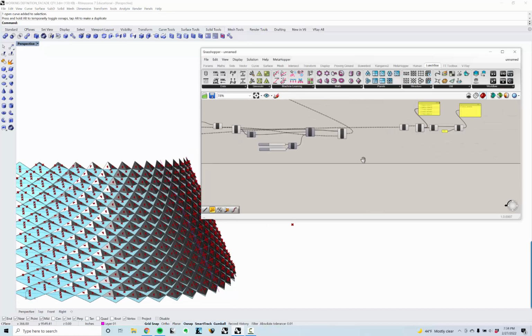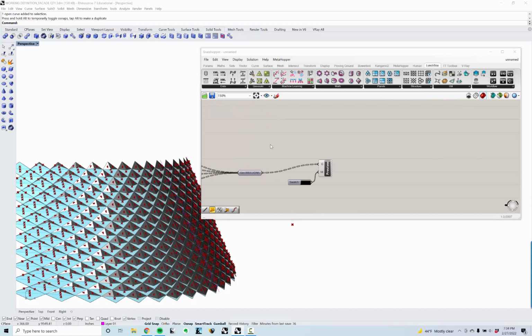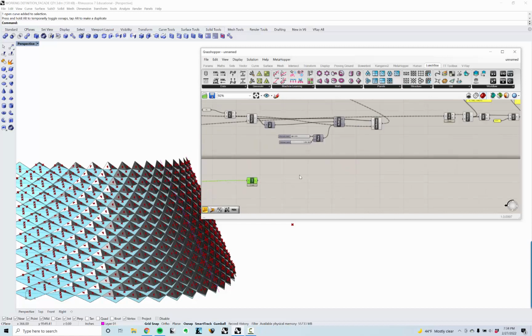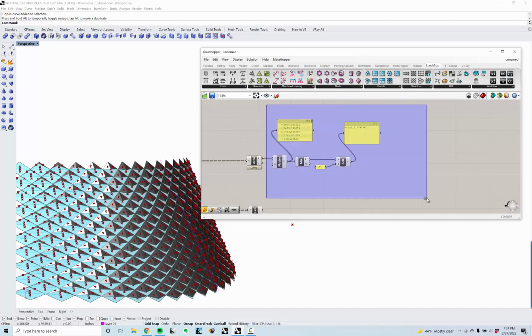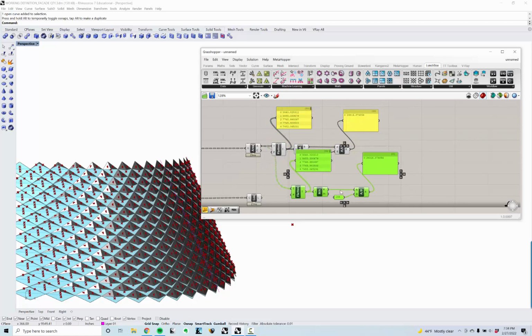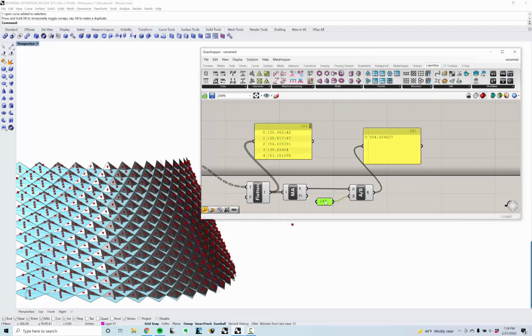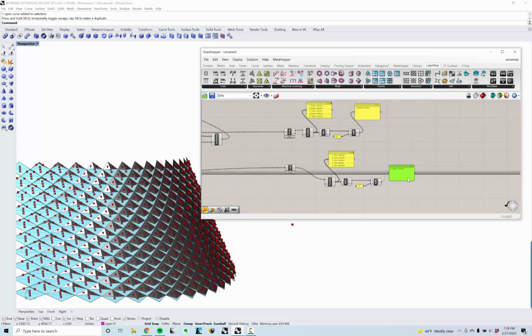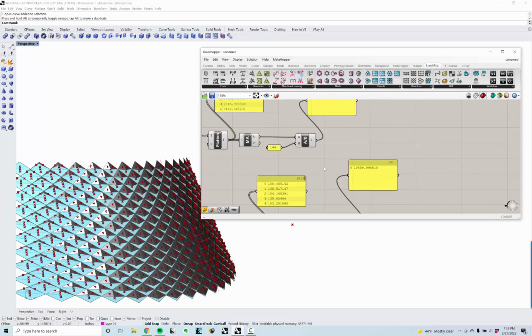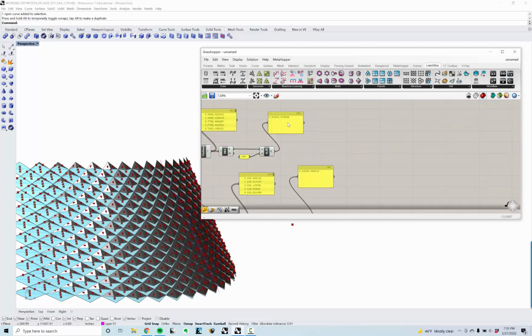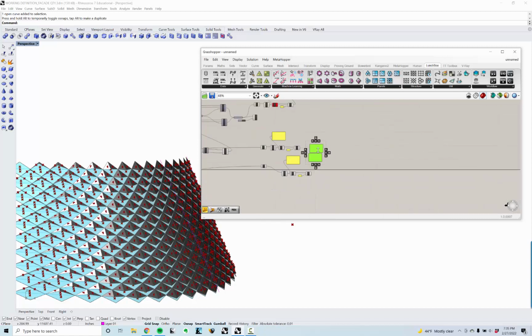And the last thing I'll do is for my mullions, which are back here, I'm going to do a length component, and I'm going to do the same operation, but I'm going to divide it by 12. So let me just grab all of this, divide it by 12 here, and now I've gotten my linear feet of mullion. So we want to make sure whatever unit we're using is consistent with that type of geometry. And if I pull all these together,